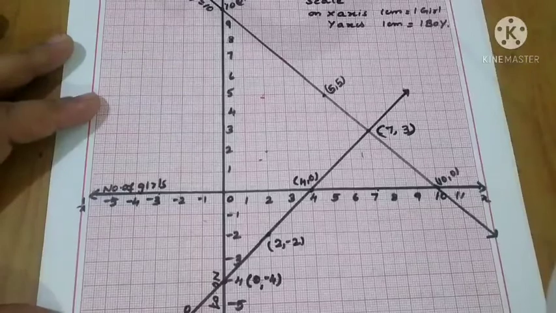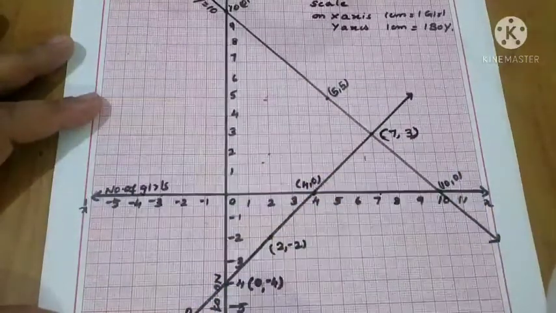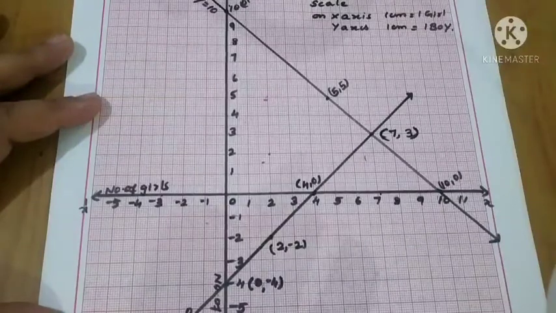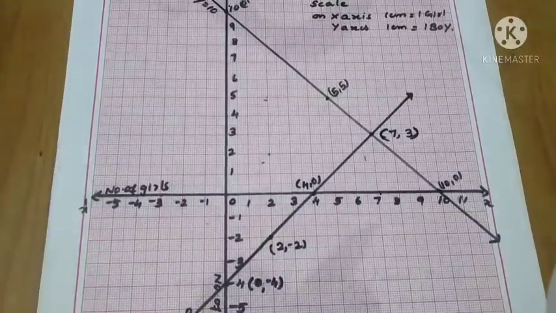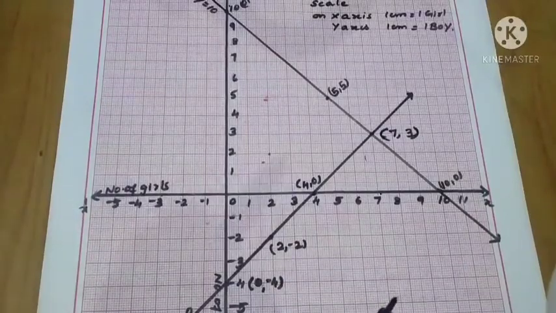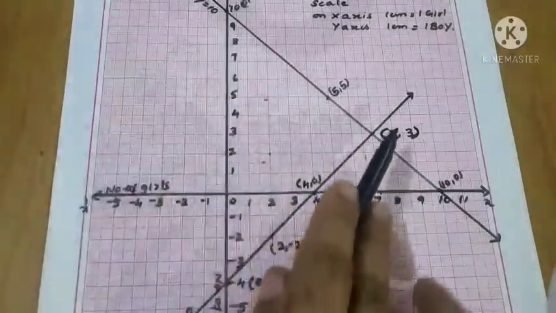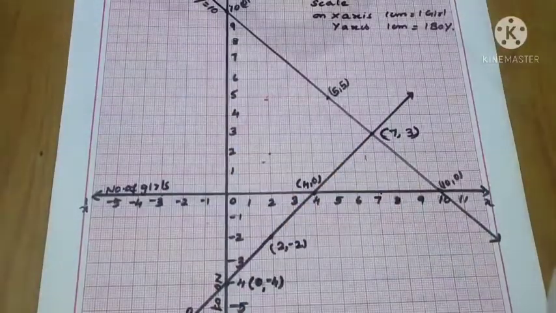So what are the points to be remembered while drawing the graph? First we have to make the axes, x-axis and y-axis, mark the lines, and mark the positive and negative numbers according to their values. After that, plot the points: first 3 points for the first line, complete and name the line, and also the second line's 3 points, then name it.